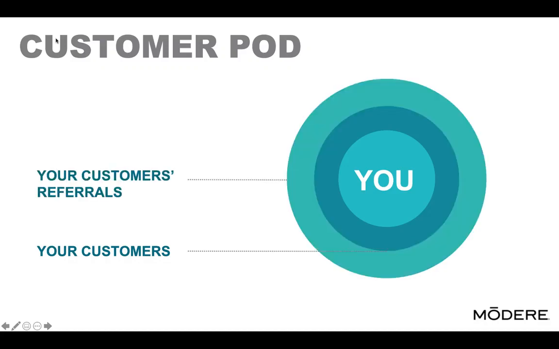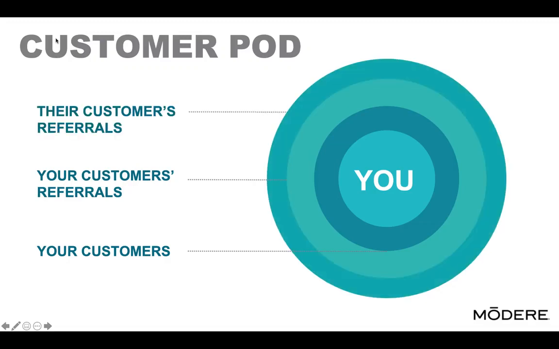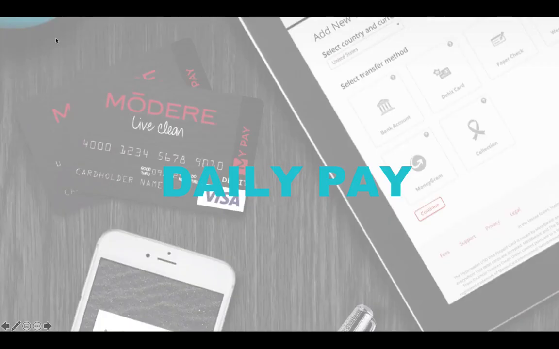And when they share with customers, all of those customers also count in your customer pod. And you are paid on them just as if you personally introduced them yourself. If those customers share, you're paid on all of their customers as if you personally introduced them yourself, and so on and so on and so on. One of the questions is how many levels are you paid on in your customer pod? And the answer is there's no levels. You can be paid to infinity on your customer pod. So when customers refer, all of those customers go into your pod and you're paid on all of them.